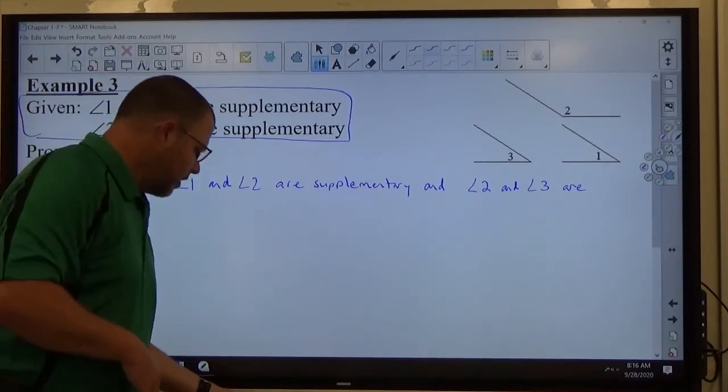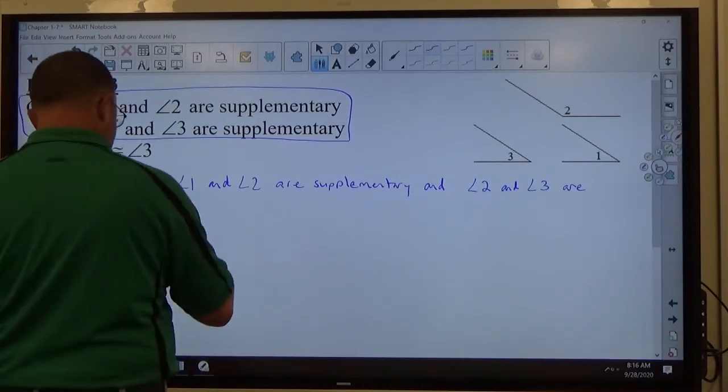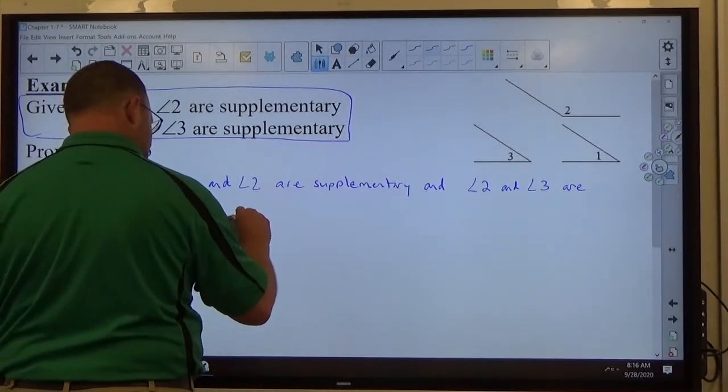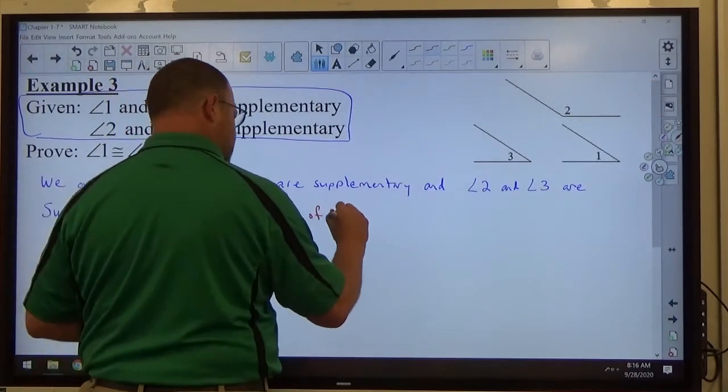All right, the next thing I would go with is, once I know they're supplementary, which we figured out means they add up to 180. That's the definition of supplementary angles. The definition says two angles are supplementary if and only if their measures add up to 180. So the definition itself says exactly what we want to say. So I'd say, by the definition of supplementary angles,